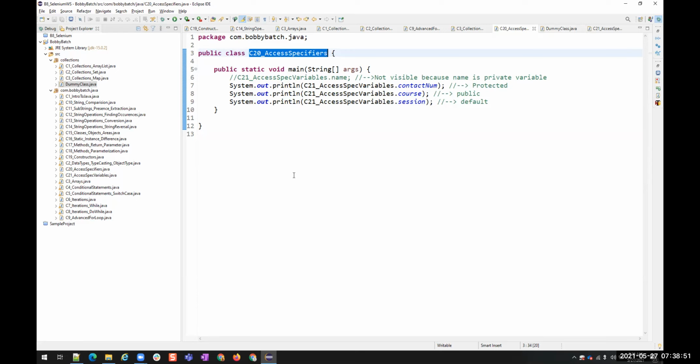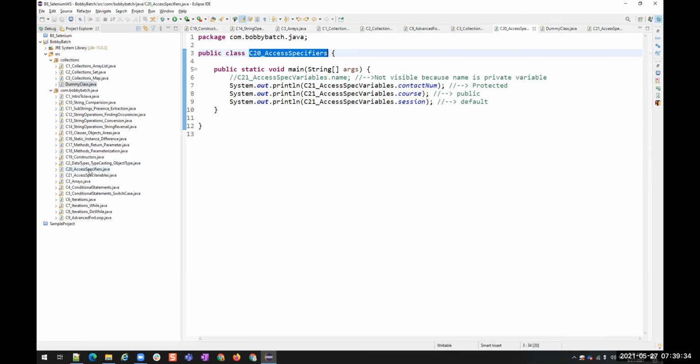So any other questions, or you understood the access levels: public, private, protected, and default? If that is done, then we can move to the next topics. To say in short, public can be accessed everywhere. Exactly, everywhere. Private only inside the class. Exactly. Default inside the package, whereas protected outside the package only with the child class, correct? Exactly. Protected is accessible outside of the class and outside of the package only in child classes. If it is not a child class, we won't be able to access it.